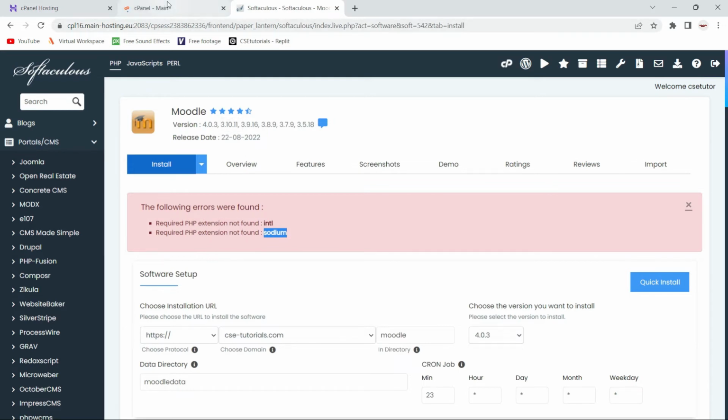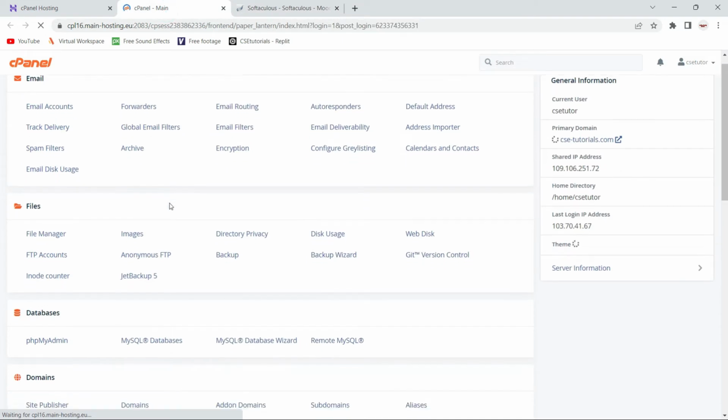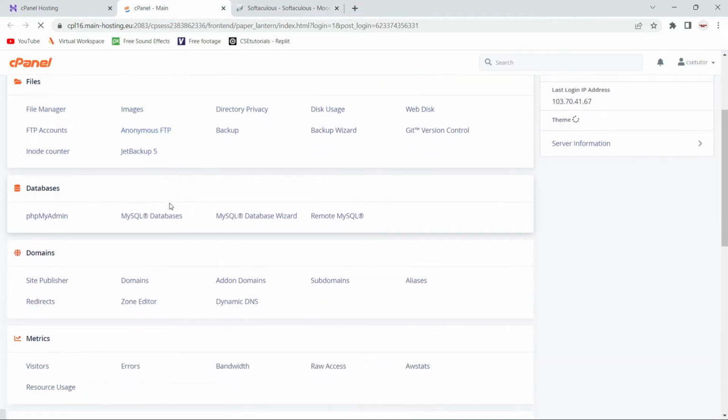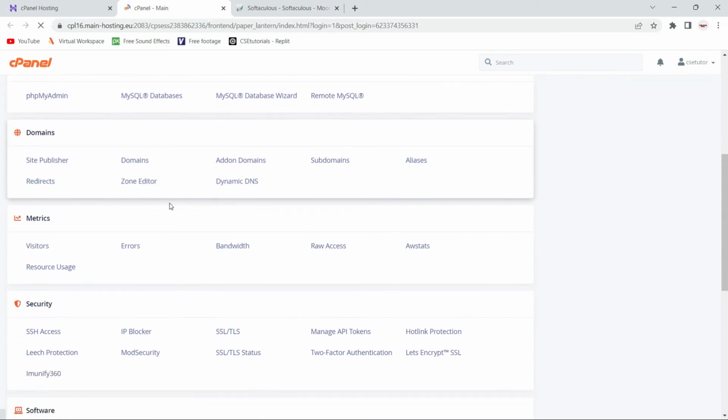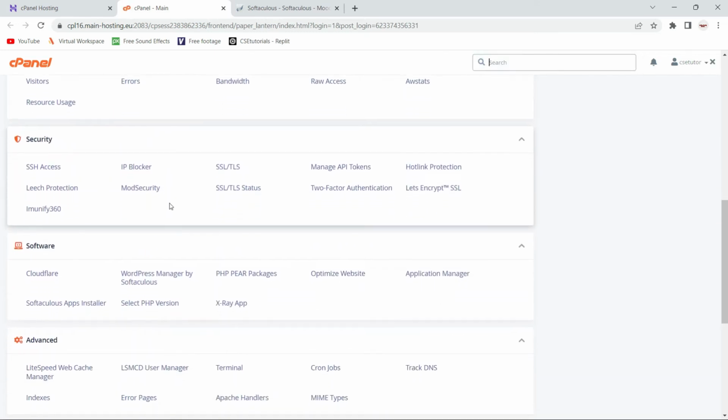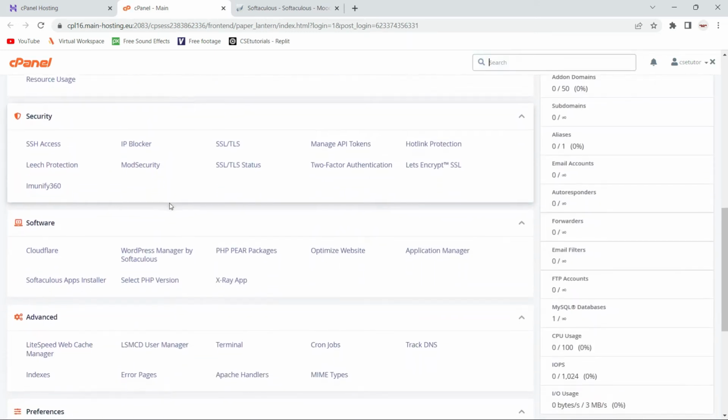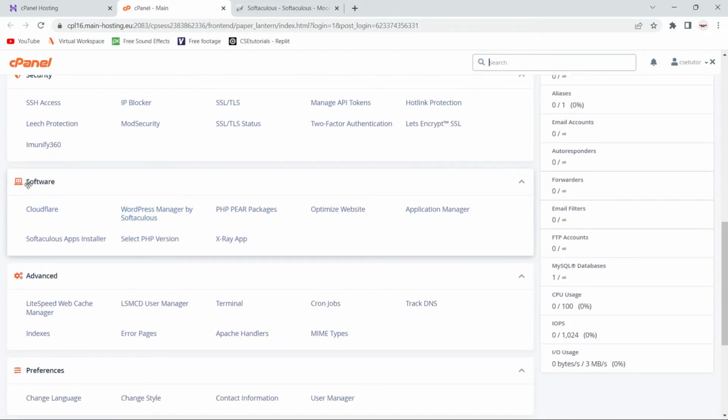So I will go to the cPanel and scroll down again. I will go to the software tab, and click on the option Select PHP Version, the PHP version that you want to install.